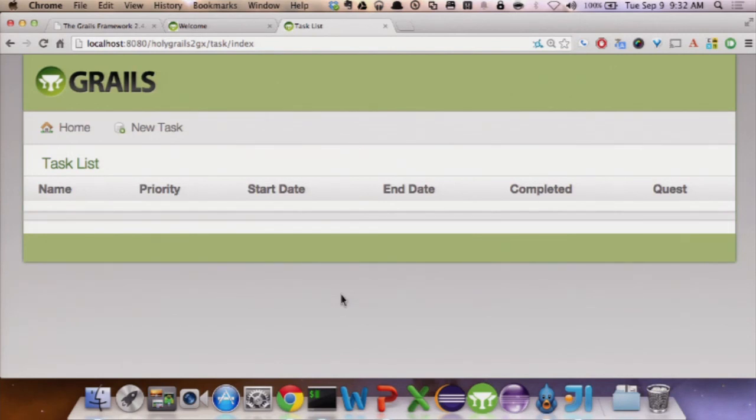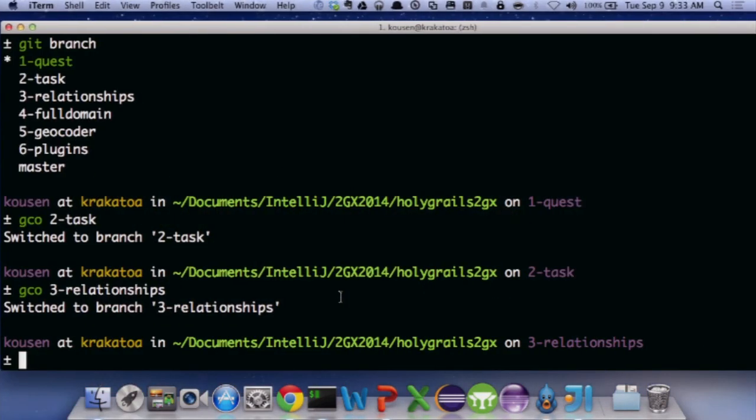Now later, if I have time, I'm going to show you how you can use a console to be able to manipulate the model and be able to do queries and the dynamic finders and everything. But right now what I want to do is switch to the next version, switch to the next branch here. So my next branch is to do